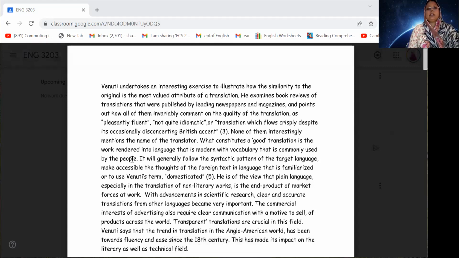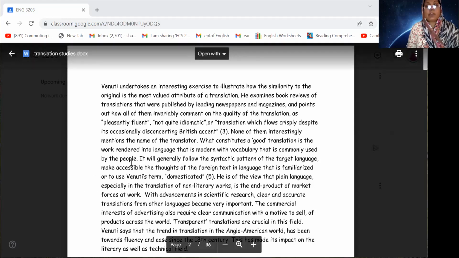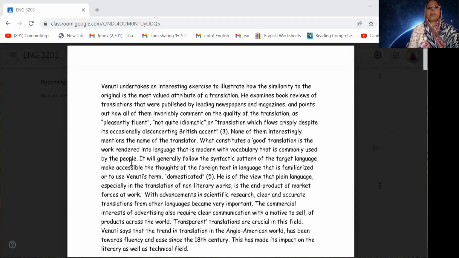Okay, so next যে কথাটা বললো, that one is translator should use fluently pleasant language based on modern vocabulary that should be commonly used by the people. Common use language সেটা ব্যবহার করতে হবে। ওকে,